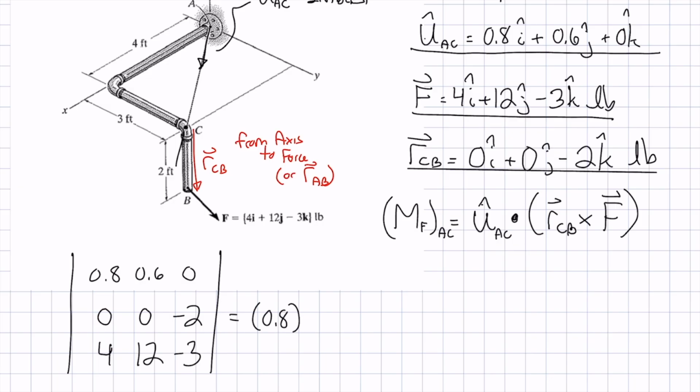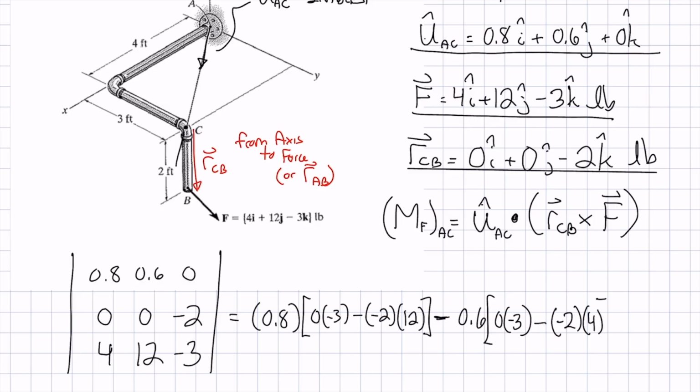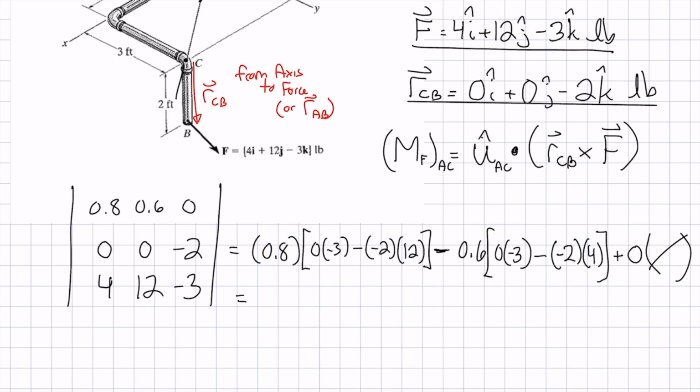And I'm just going to go through the calculation here. Please see, in other videos, we go over how you go about doing the cross products and those types of calculations. So I'm just going to plug in the numbers quickly here. The main thing to note is there are no i hats, j hats, or k hats now. The idea of a triple scalar product is that you get a scalar out, which is just a quantity, a number, a magnitude. So you're not actually having any i, j, k, or other vector notation. And the overall result when you add it up is you get 14.4 pound feet. And that's the answer. So the moment of the force around axis A to C is